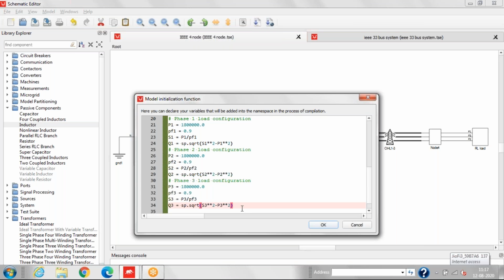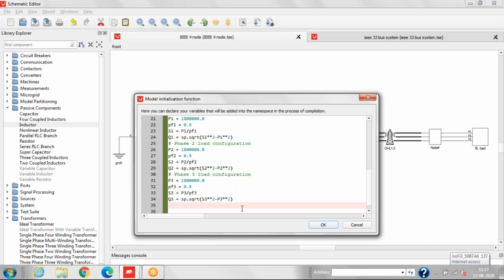So we have done the load configuration. Now for measuring the load values, we have to first define the voltages at node 4 so that we can calculate the R and L values. So this is the reference value we are taking here.